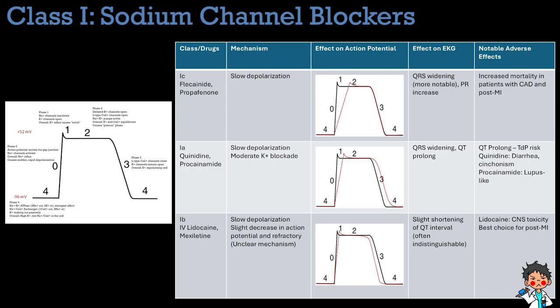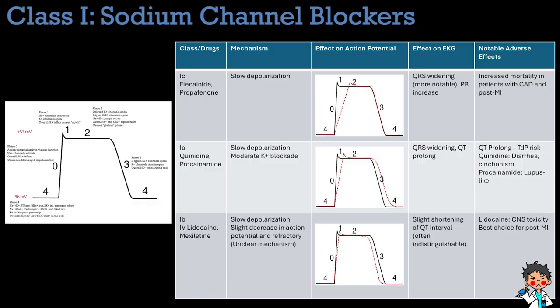The mechanism behind this is not well understood. There's a couple proposed mechanisms, but I don't believe there has been anything solidly backed in the literature yet. The only other things I feel like are worth noting is that because of how weak the sodium channel blocking effect is on class 1B drugs, you often won't even see a QRS widening on EKG,